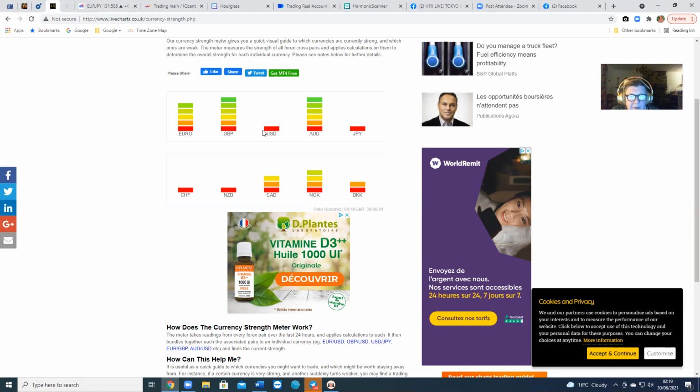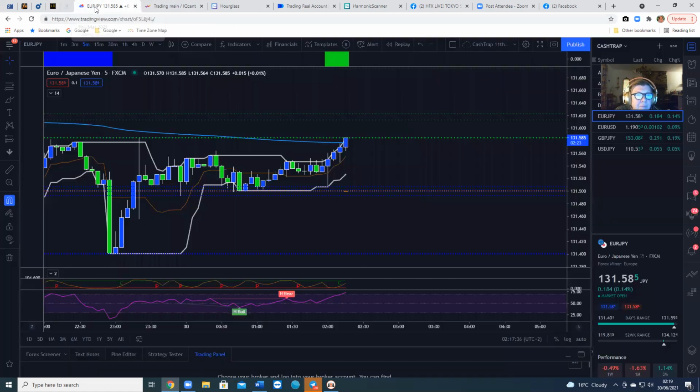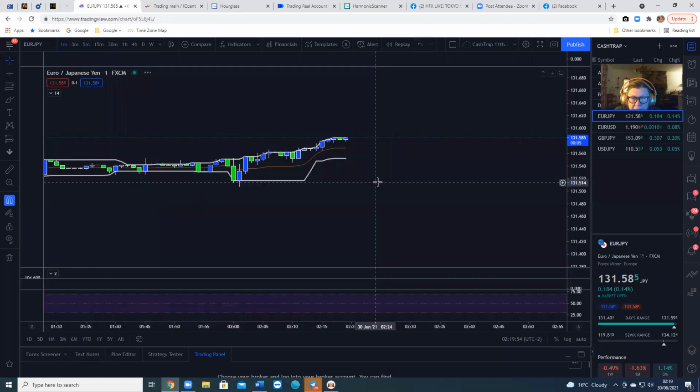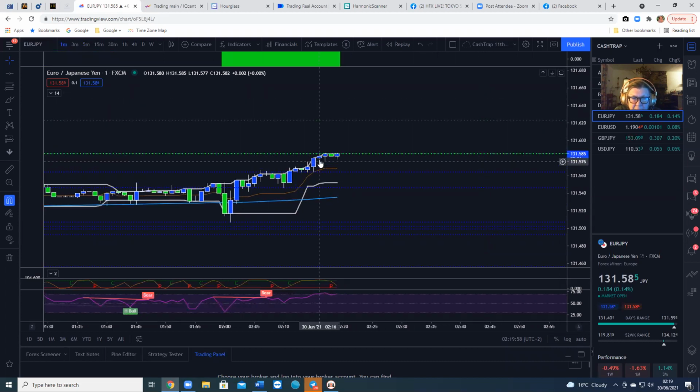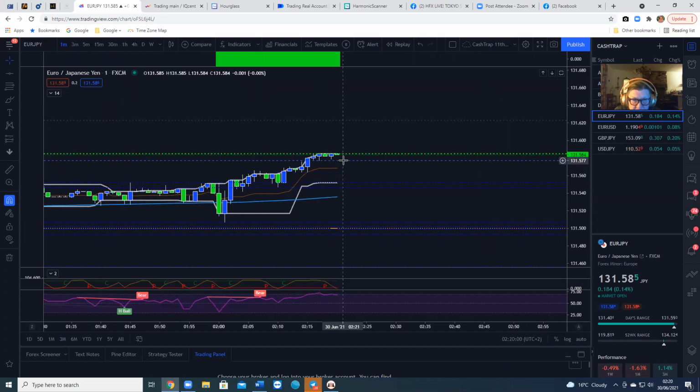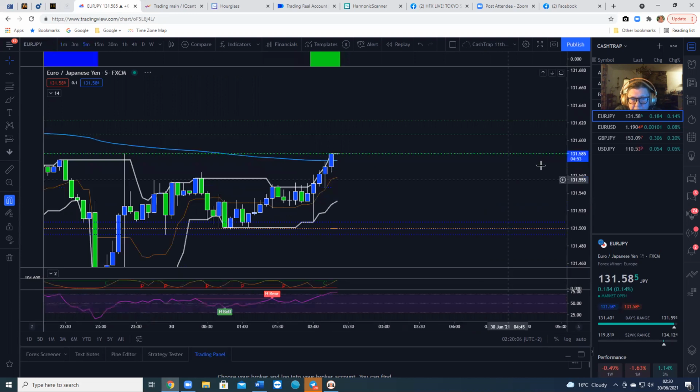USD JPY, it's just sidling along. I do like that pair. And GJ, right, so that's what we're going to look at. See what's happening on the 1 minute. I know this one, you see how it's stalling here? 1, 2, 3, it's stalled. It does say hidden bear, hidden bull there. And back on the 5 minute on EJ,